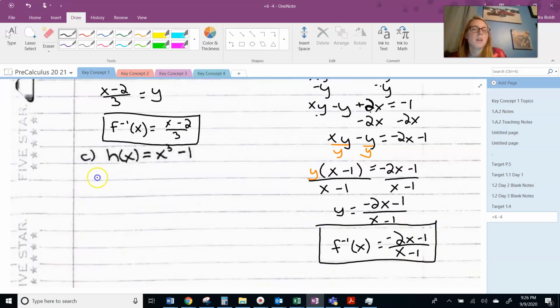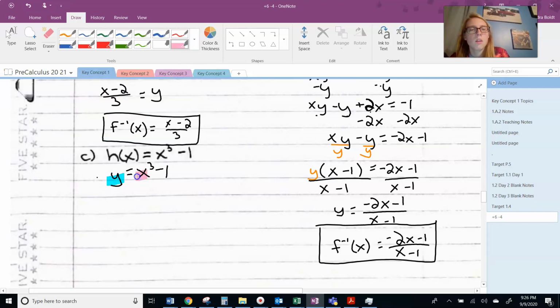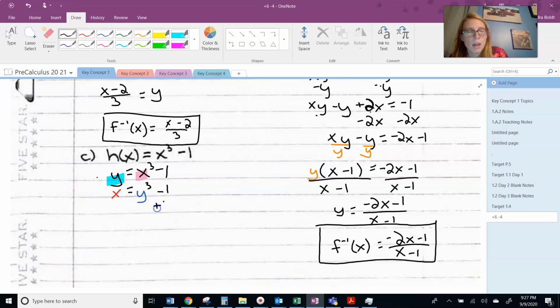Alright, last problem, C. Over here, h of x equals x cubed minus 1. So again, y equals x cubed minus 1. There's our y. So we're going to flip them. So I now have x equals y cubed minus 1. Again, solving for y, I have to add 1 to both sides. So I get x plus 1